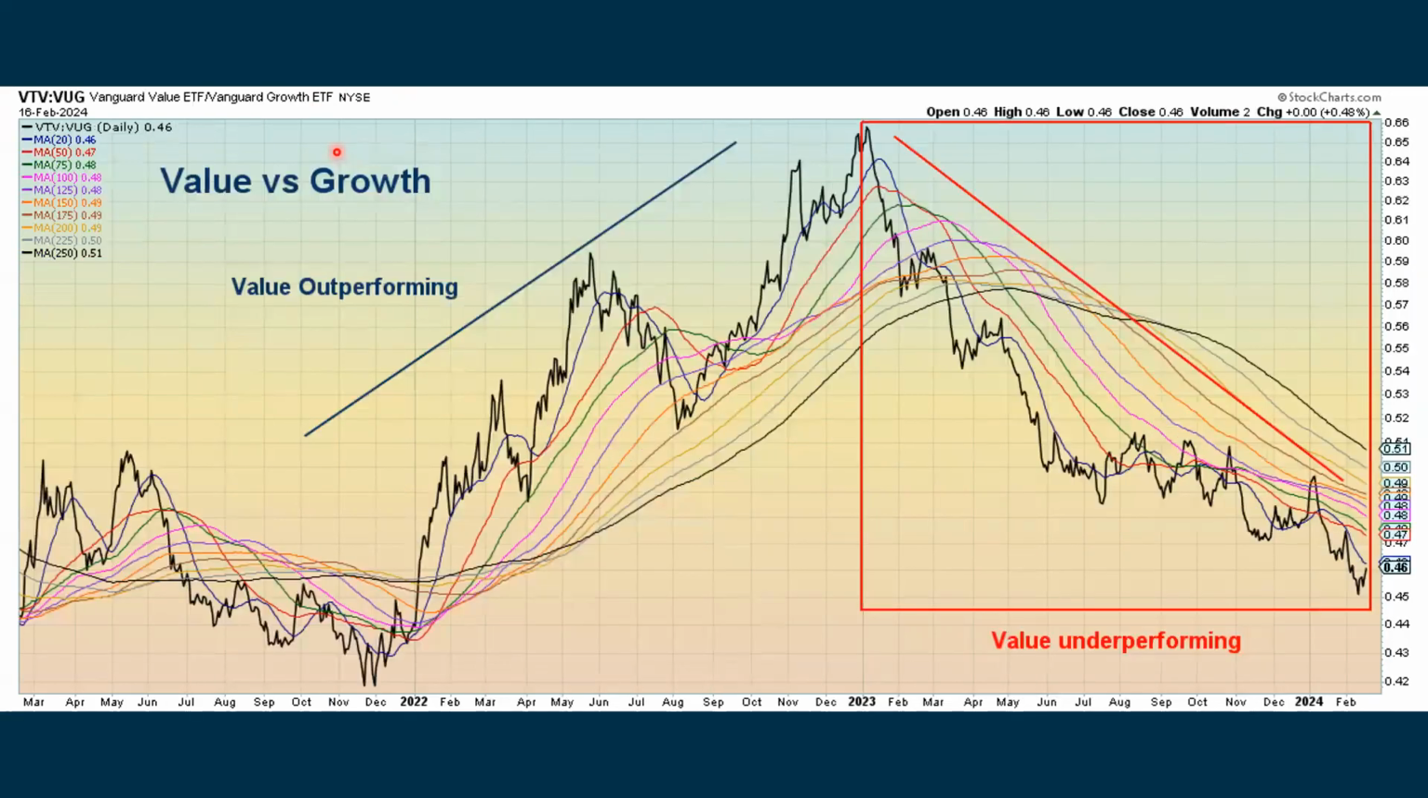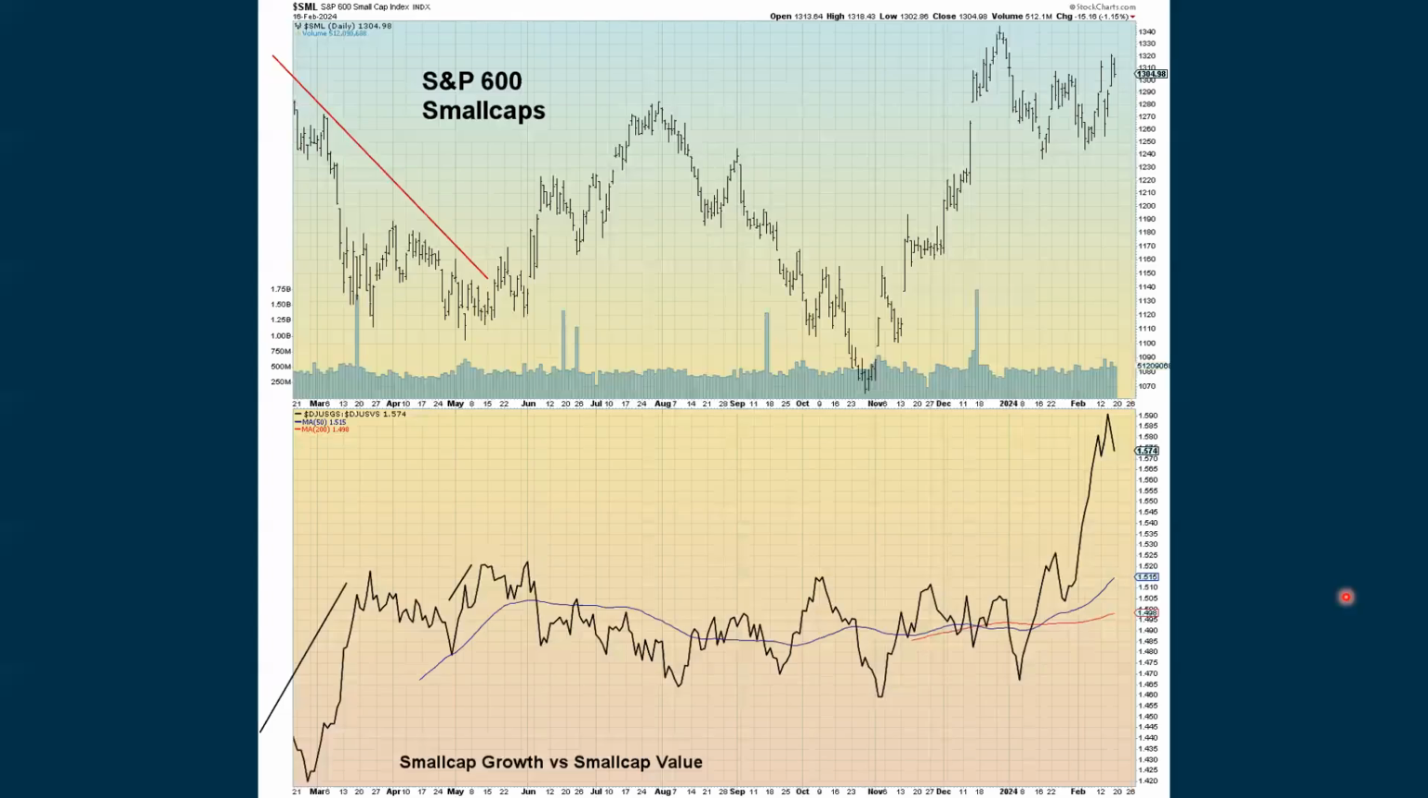Here's an inverse of that same chart showing how value has been underperforming, even though it bounced up in the last week. Now we look at small caps, and this has been a real area of frustration, but lately we're starting to see a breakout here as small cap growth has been outperforming small cap value. It did bounce back later in the week and drop down a little bit, but we've been chopping sideways for about the last year, and now we're seeing some improvement here,